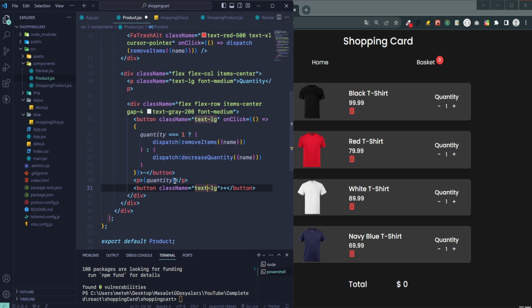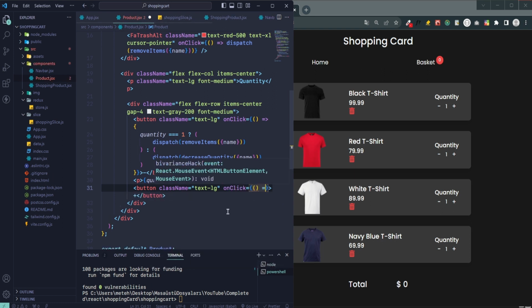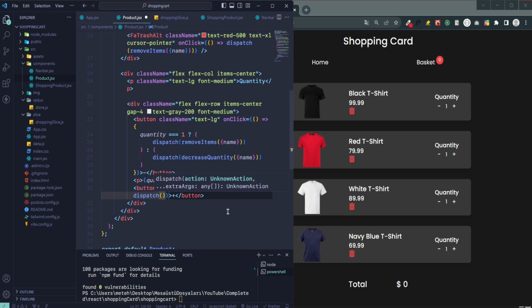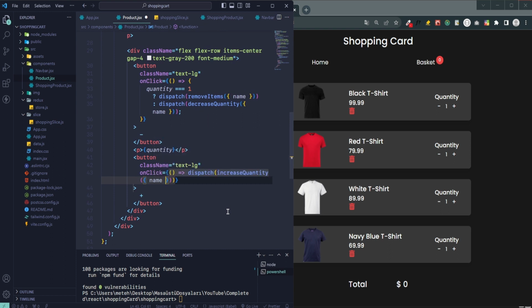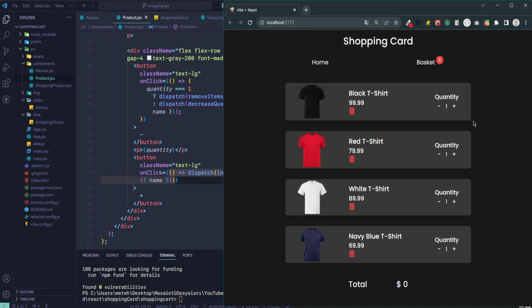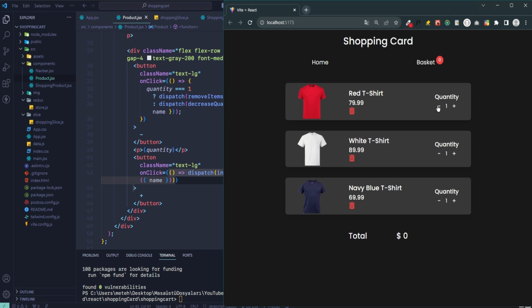After that, now let's add on click on the increment button. Dispatch increase quantity as name parameter. Okay, let's check. Look, I click on the increase button and the product quantity increases. Likewise, when I click on the decrease button, the quantity decreases, and when the product quantity is 0, the product is deleted from the list. Okay. Now we will add one last function to shopping slice